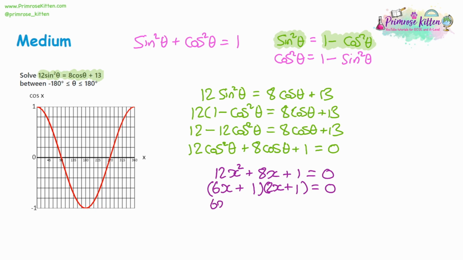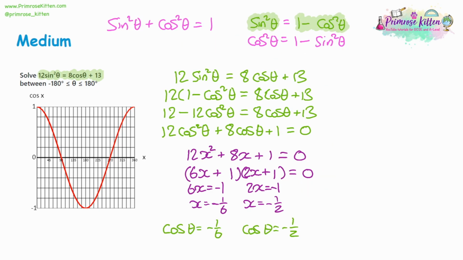That means that 6x will have to equal -1, and 2x will have to equal -1 to make one of the brackets equal to 0, meaning that x is equal to -1/6, and x is also equal to -1/2. And now to solve the quadratic, we can put cos back in. So cos theta is going to equal -1/6, and cos theta is going to equal -1/2. So now we want to solve this to get theta. To get our values of theta, first we're going to do inverse cos of -1/6, and that's going to give us